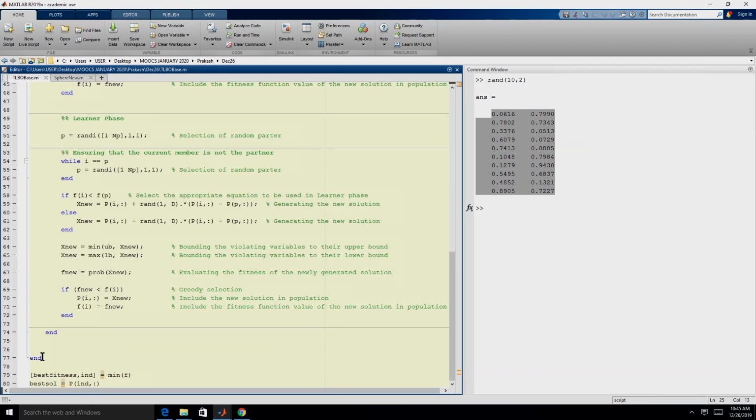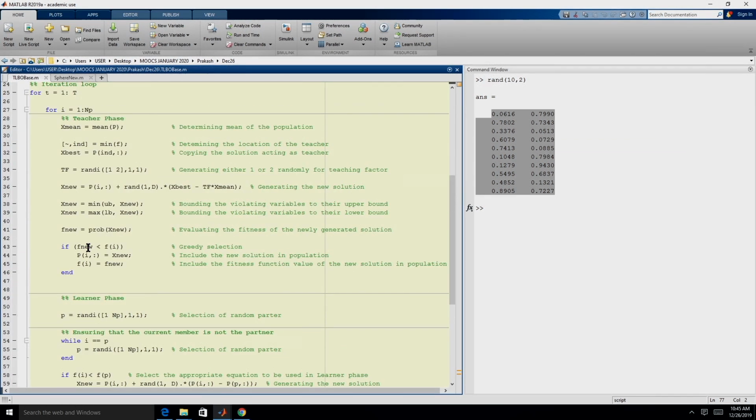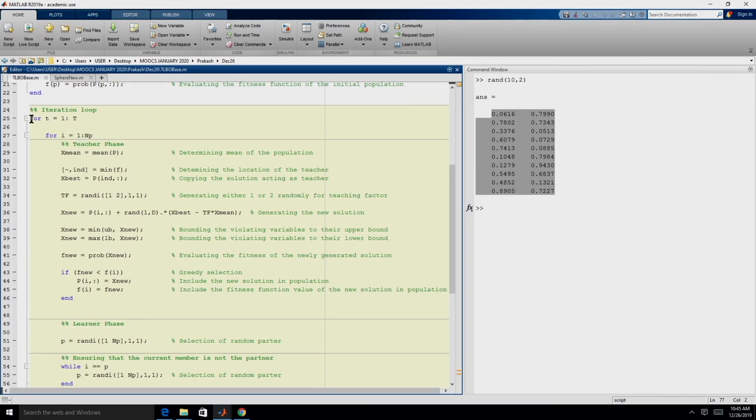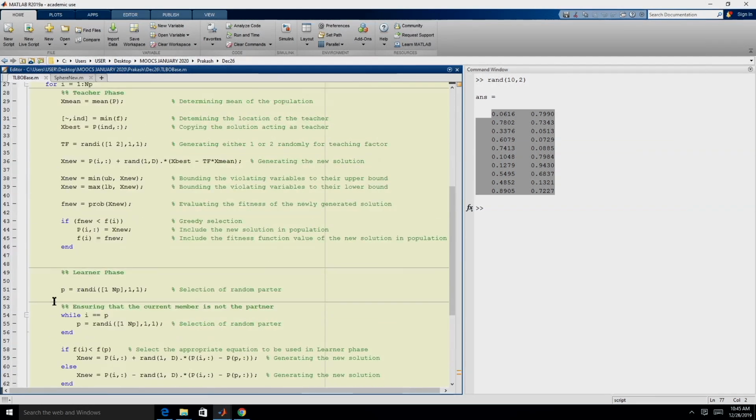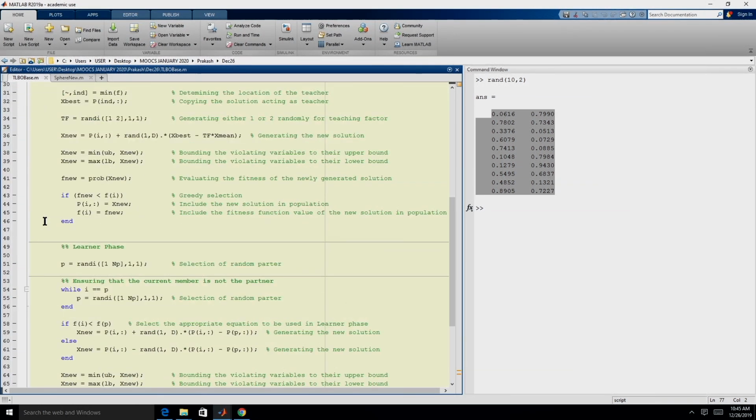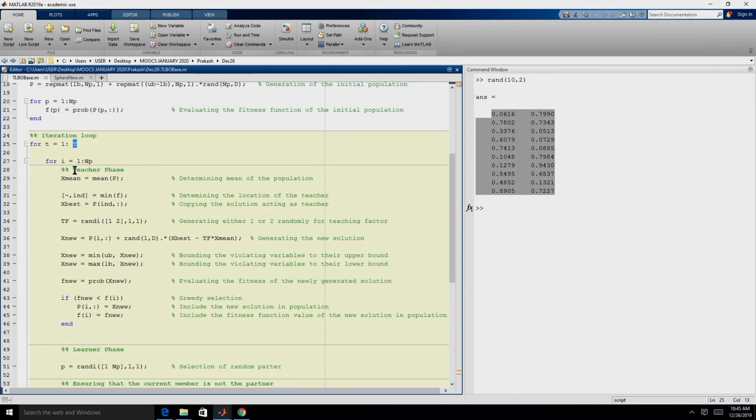So, that loop is ending in this line 77, right, from line 25 to 77, whatever is between the line 25 and 77 will be executed for t times, right. So, then in each iteration, each member of the population is supposed to undergo the teacher phase as well as the learner phase. So, we again use this for loop at line 27, right.